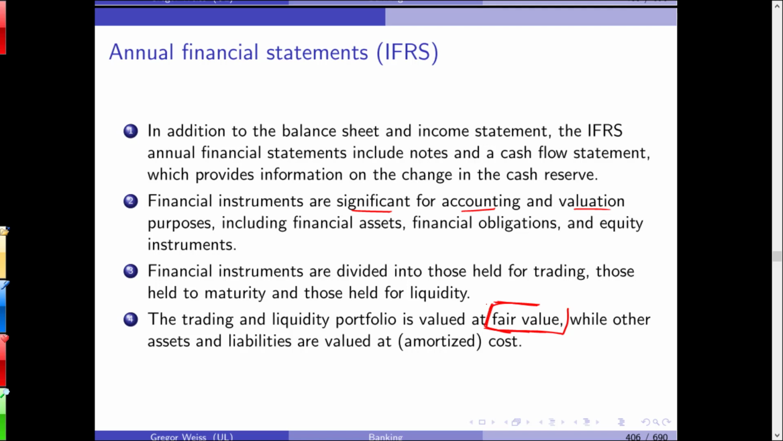This is the advantage that many people see, that financial statements under IFRS give a more realistic and accurate picture of the bank's or company's current financial situation. But what is the major disadvantage? The same thing we had in this example here. You buy this asset and you immediately have a sudden depreciation of 80%